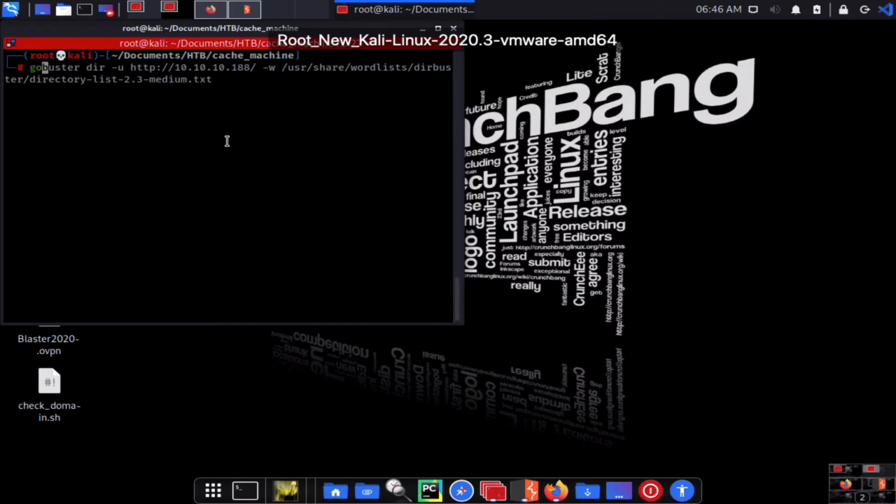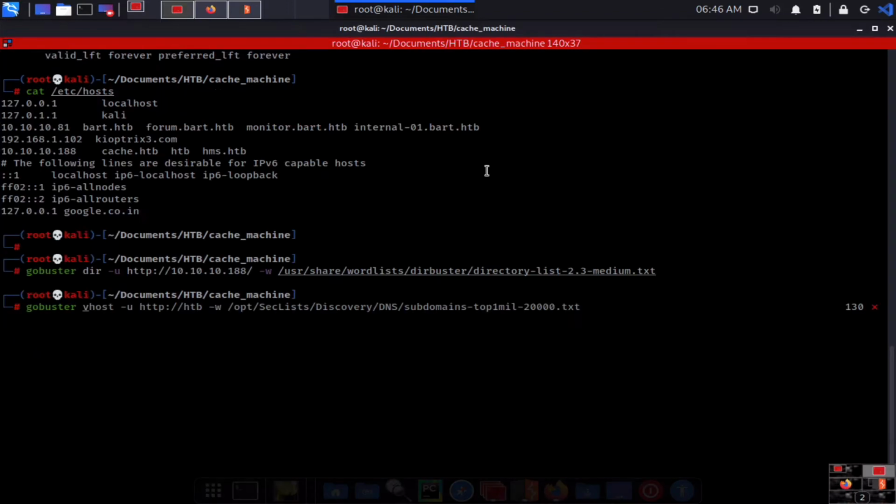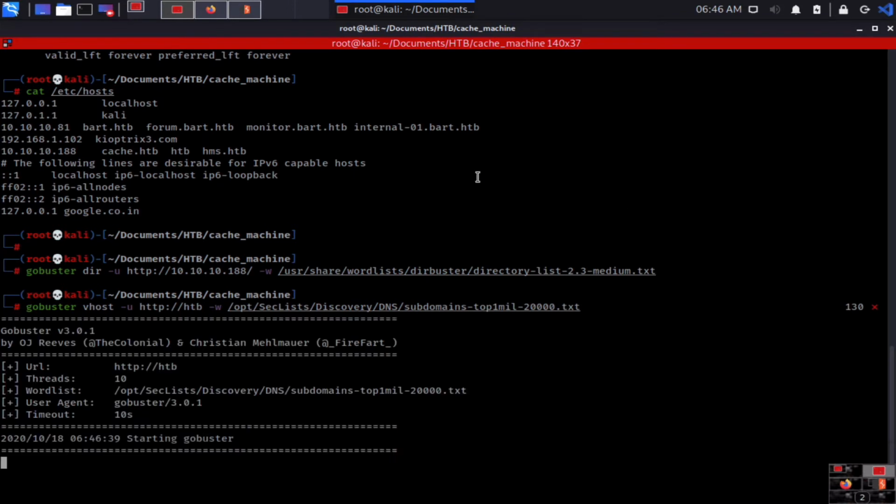So GoBuster, we have vhost, this part, and let's try it and press enter. I'm using SecLists, and here we'll get hms.htb.